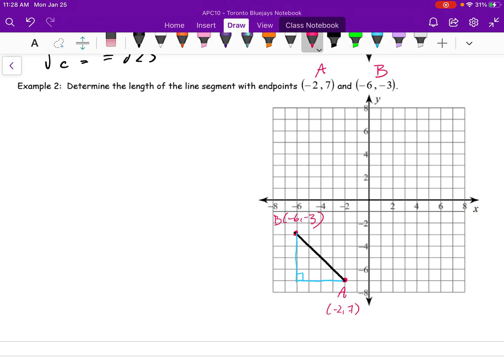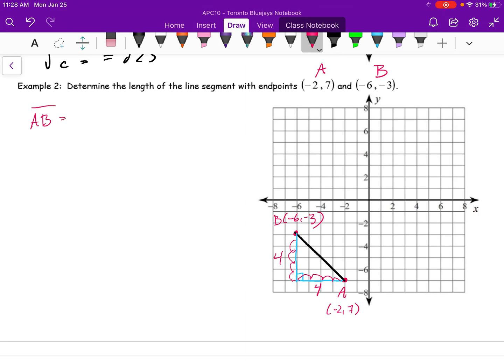Again, I could ask myself, well, what is the length of the bottom of my triangle? So I can say 1, 2, 3, 4. So here, it's 4. Now the height of this triangle is 1, 2, 3, 4. It's 4. So the length AB